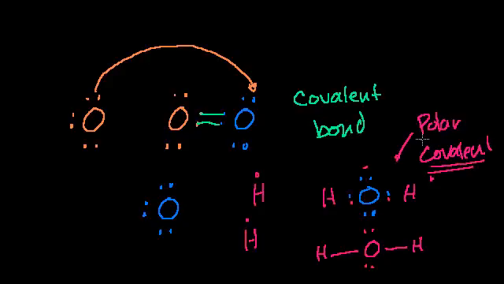Because it's still covalent, we're sharing electrons, but it's polar because the electrons are getting pulled to spend most of their time at one side of the atom. And since that is the case, the molecule as a whole, the collection of atoms, is going to have polarity. One side of the molecule is going to be more negative than the other side, which will be more positive because the electrons are spending more time on that side.